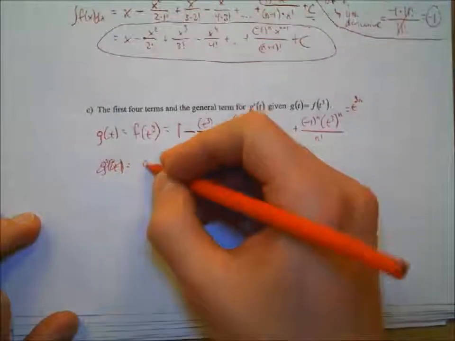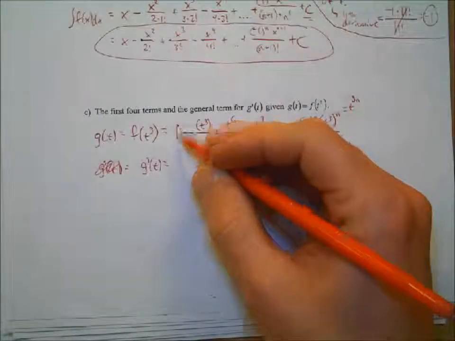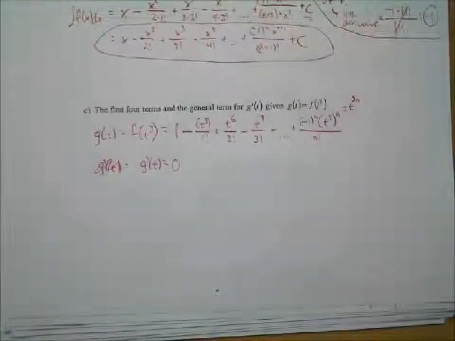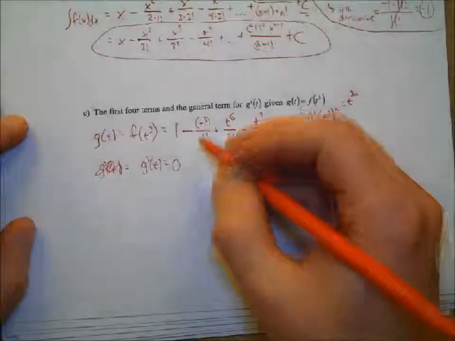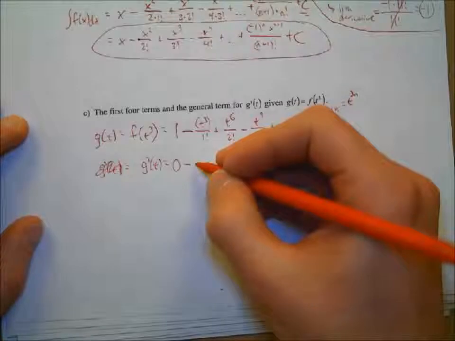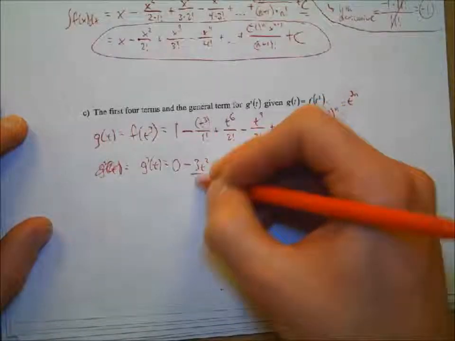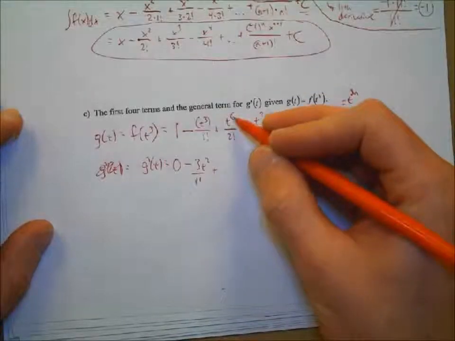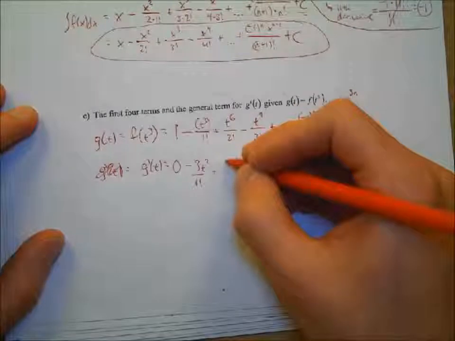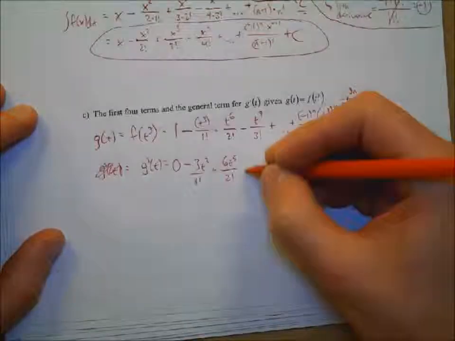g prime of t equals, okay, so the derivative of 1, 0. The derivative of t cubed, 3t squared, and I'm just going to go ahead and write that as minus 3t squared. You can leave it over the 1 factorial if you want, whatever, I'll write over 1 factorial. And then the next one here, derivative of t to the 6th, 6t to the 5th over 2 factorial, right? Minus derivative of t to the 9th,